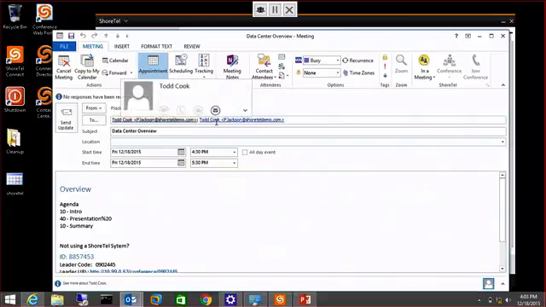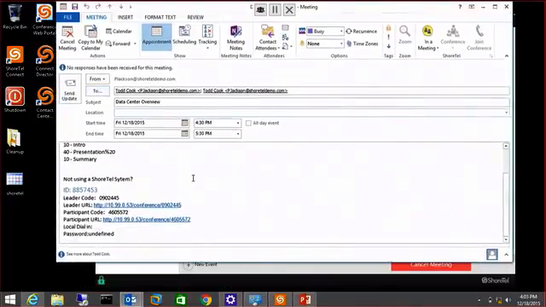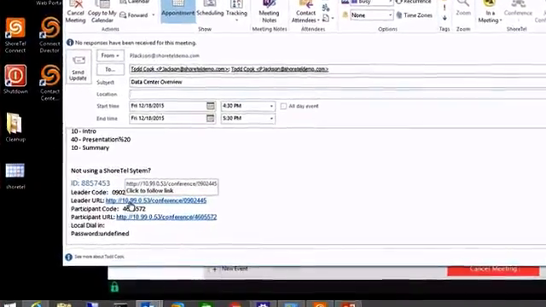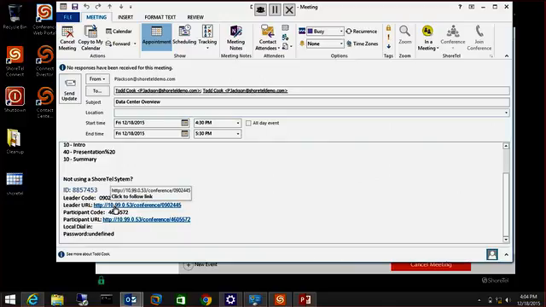Notice here, all the people that were in my group sends that information out automatically. I've got the title here as the data center overview, the start and stop times. Simple one-touch click to join the collaborative session. So this is a big differentiator for ShoreTel. I'm sure all of you have gotten message invitations for webinars where you have to download a little client. I know my taskbars are kind of littered with these kind of one-offs. Our client doesn't require any downloads for the external participants, so it's all done in a web browser, which makes it, again, kind of brilliantly simple both for those people on their end and for me to send out the invitations. So if this all looks good, send the update,